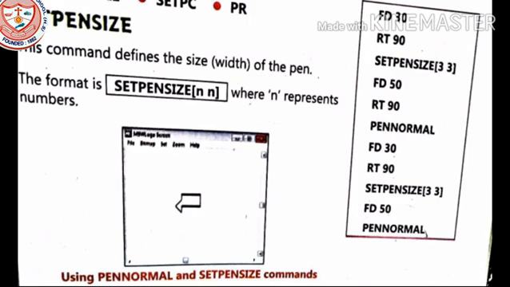Then if you want to change the size of the pen again, you can do set pen size and give any number you wish, press enter, and you can see the drawing made using the pen normal and set pen size commands. So I will always say please practice all the commands on your computer. Sit and practice, and you can understand how to use them.